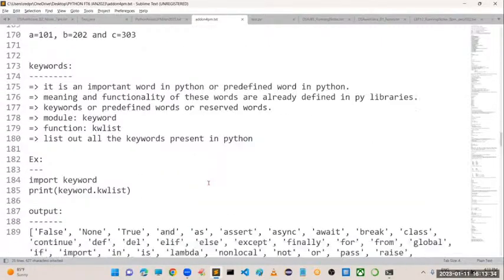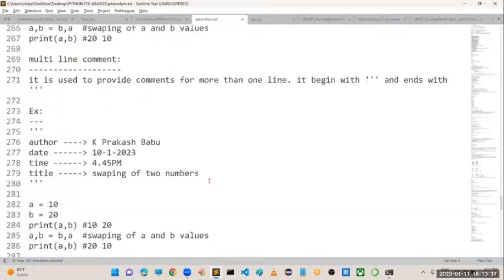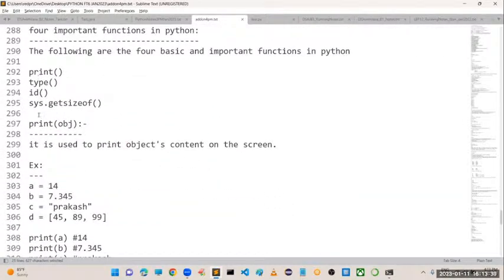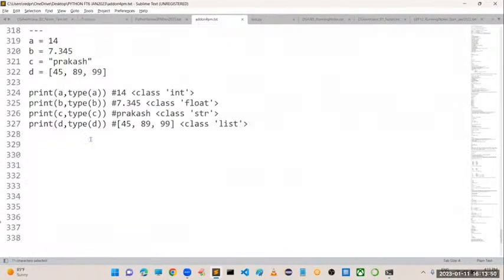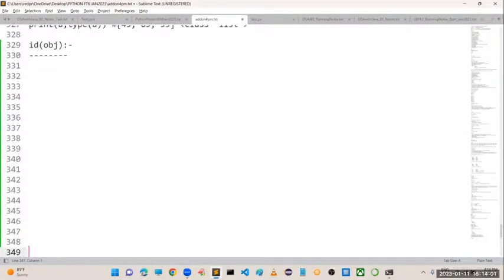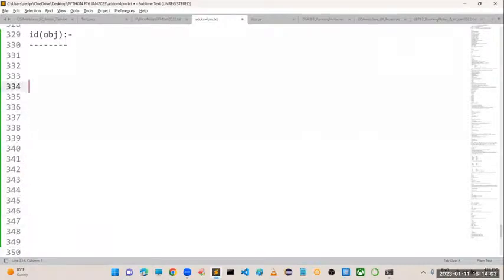Now let's continue from whatever we have covered. The print function, which we have seen, is used to print the object's content on the screen. Next we have the type of obj function, which returns the type of the object. Next we have one more function with the name id. What is this id function?